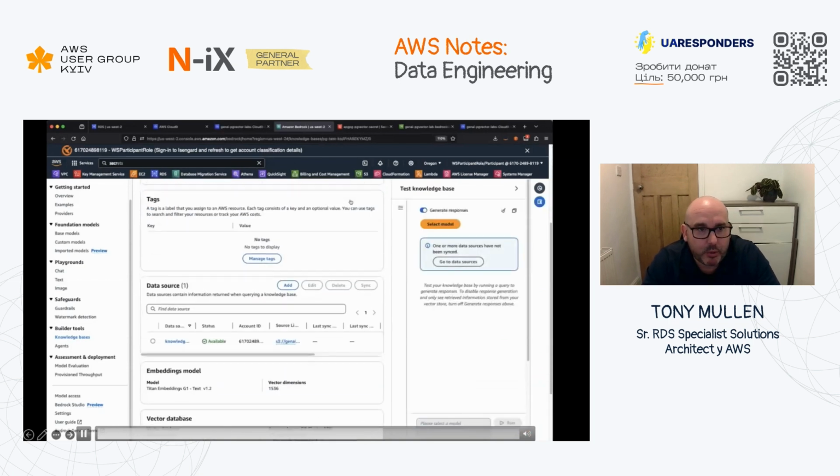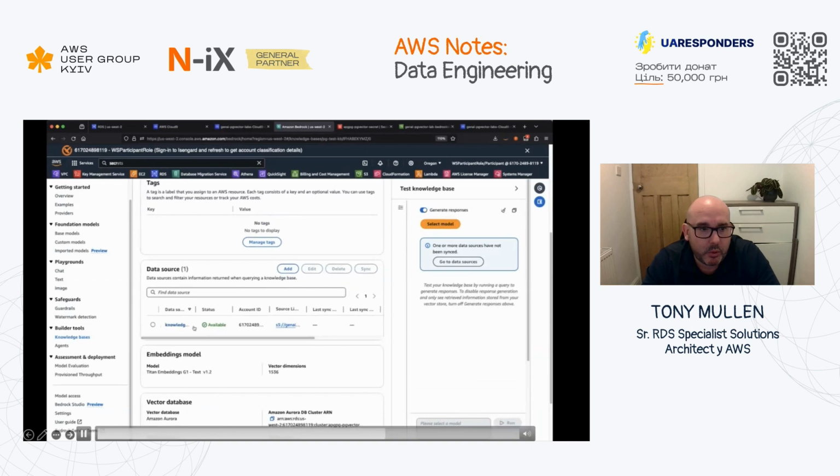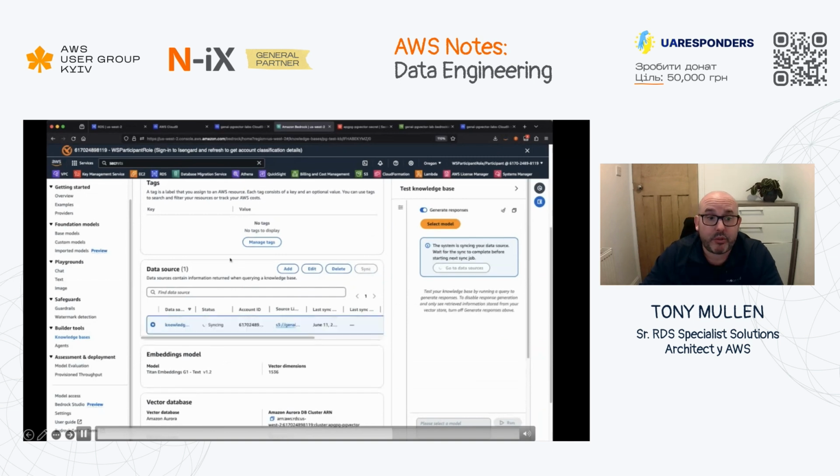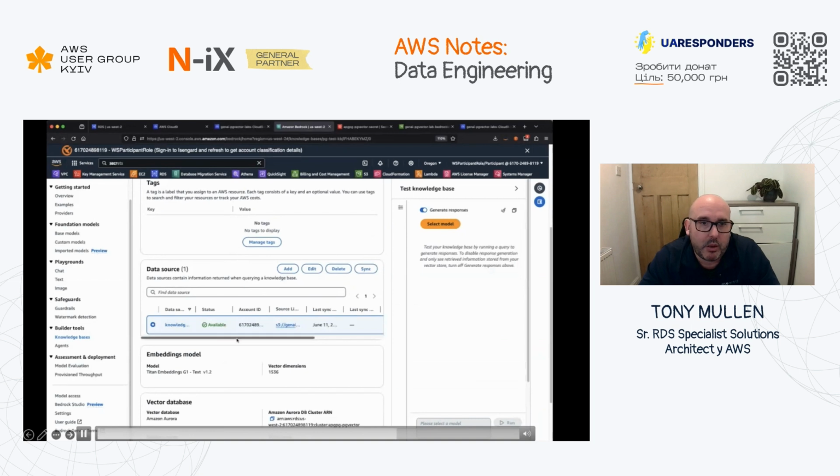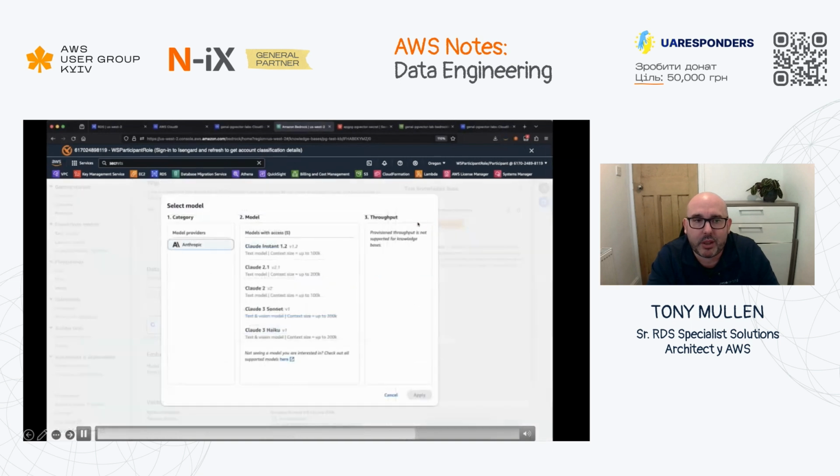So the knowledge base is created now. First thing you've got to do is sync up your data store. The process of syncing your data store is the process of the RAG workflow. It will grab the document, break the document down into chunks, and for each of those chunks, you will get a vector. So it's stored in the embedding in our database, and you will have the metadata. You can see that the sync took quite quickly for us because it was just one document. If you've got multiple documents, it could take longer.